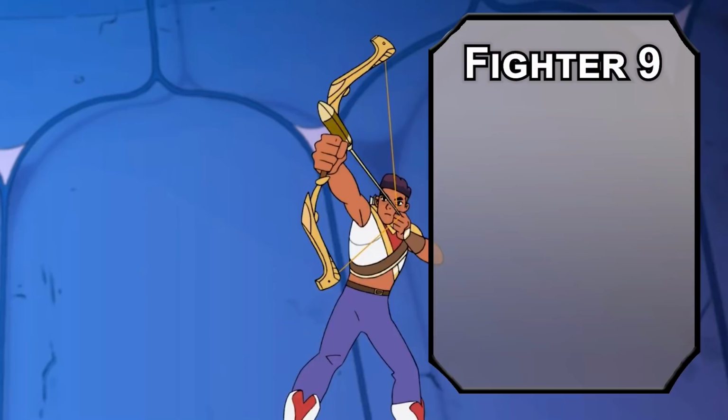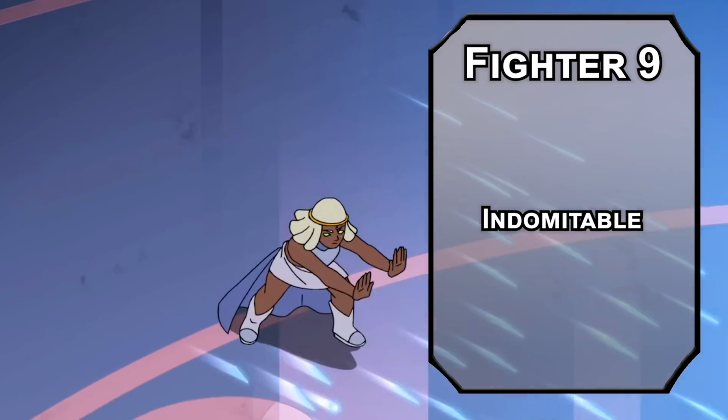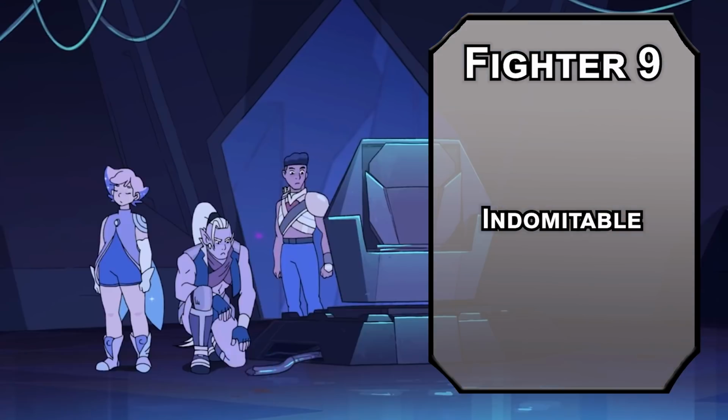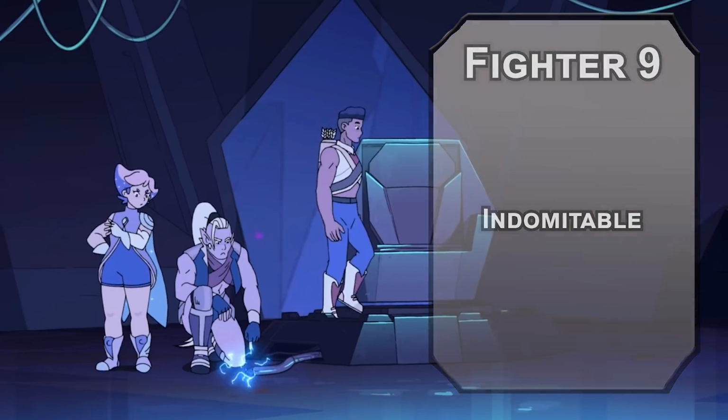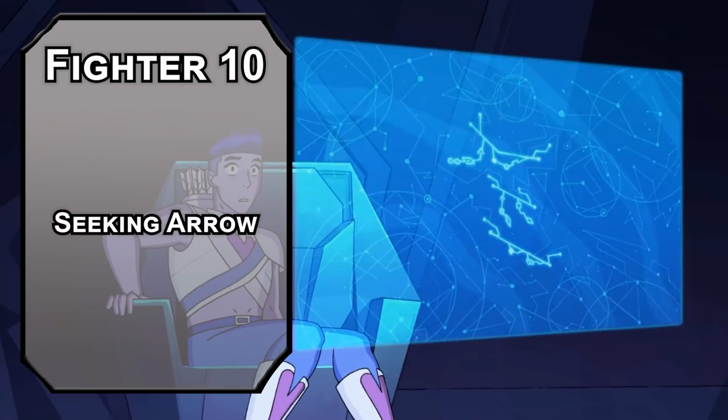9th level fighters get Indomitable, letting you reroll failed saving throws once per long rest. You're not really bad at any saving throws since your lowest stats are a flat 0, and they're both buffed by proficiency from starting as a fighter. That's strength and constitution. 10th level arcane archers get another arcane shot like Seeking Arrow, which forces a dexterity saving